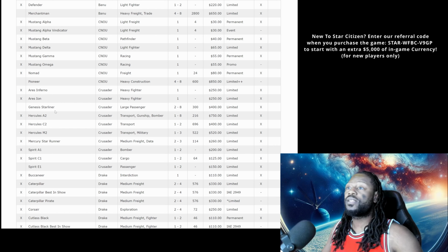Crusader. The Genesis Starliner, in order for this to be useful, we need to have passenger gameplay. In order for the Spirit E1 to be useful, we need to have passenger gameplay, right? The Mercury Star Runner still needs its data running. But again,